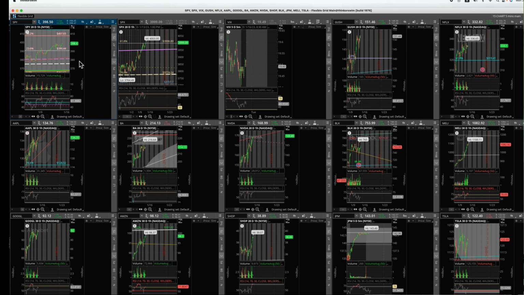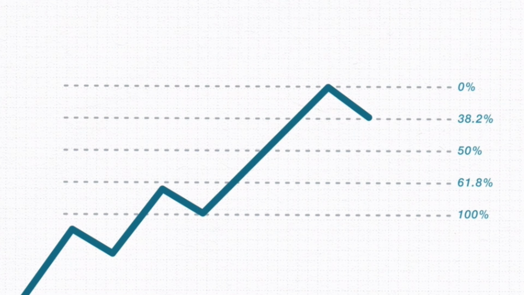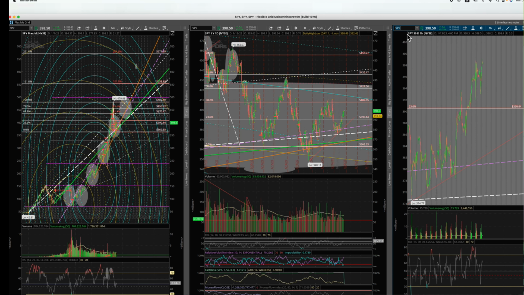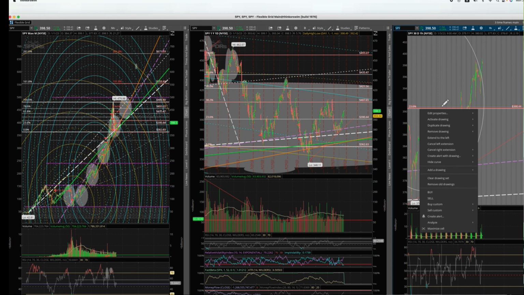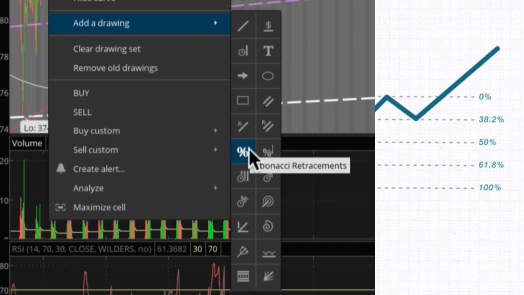If you look at any of the charts that I always post, I have lines on them already, right? So I never have to look at the long-term chart because I traded so long and I memorized them. But for people that are just starting, I'm going to teach you guys how to draw it and how the golden ratio works into your sequencing. So when you go onto your platform, whichever you trade on, this is TOS. So I go to a chart, right? Then you can go to drawings and you're going to see drawing tools. And over here, this is called the Fibonacci retracement,